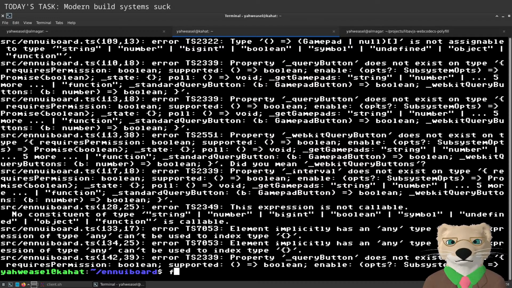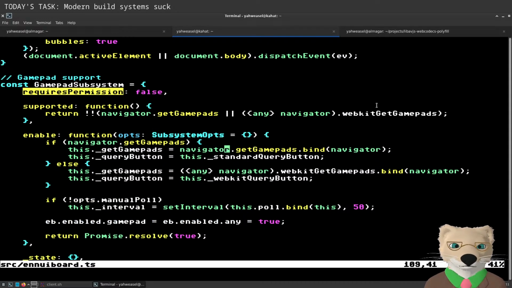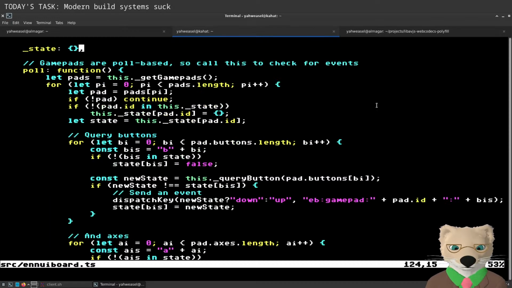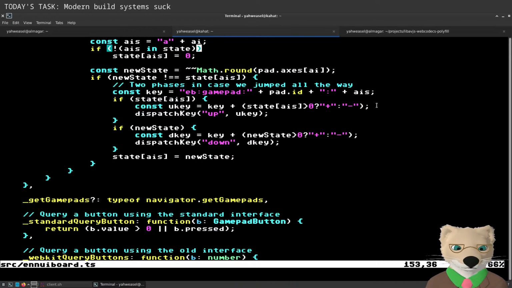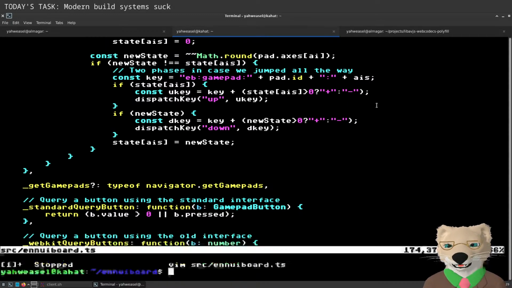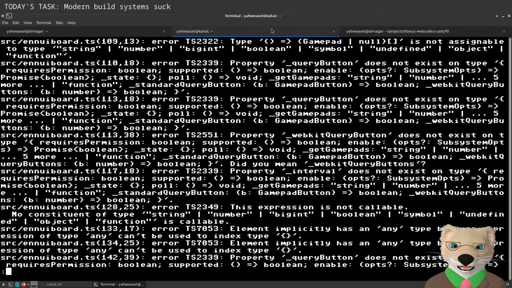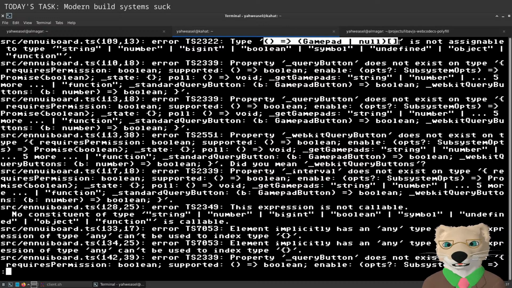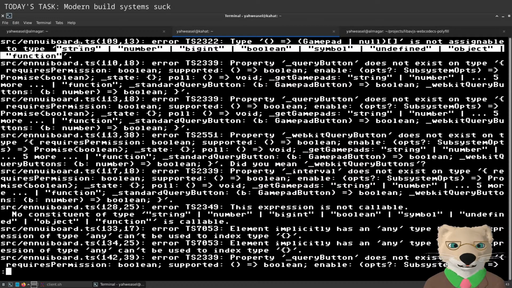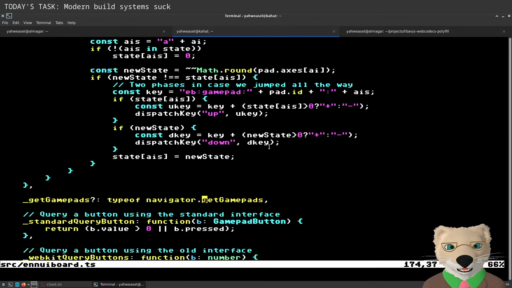What? Yeah, that's what I thought. I'm pretty sure that navigator.getGamepads' type is not a big OR of all of the types in the known universe. Because this is the correct type, and I got that from navigator.getGamepads, but then it's not assignable to... Like, what? Why do you think that's what you're trying to assign it to?